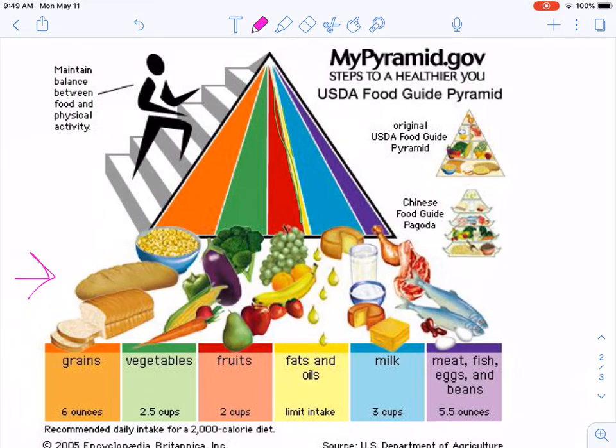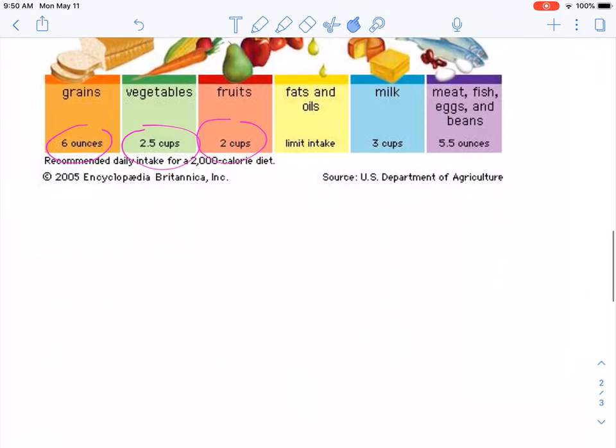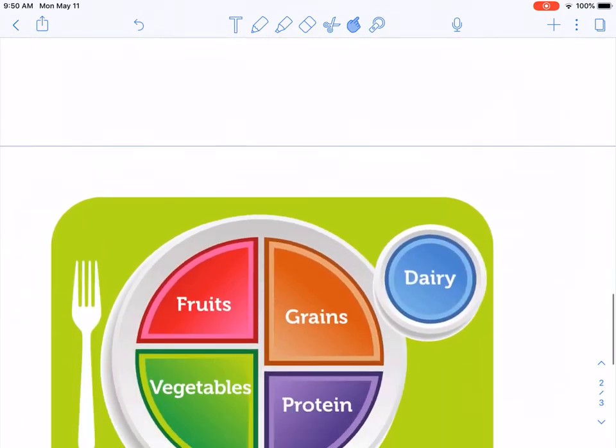This also got very confusing because it doesn't really show you portion sizes. Yes, it tells you ounces and cups of what you should be eating, but on a regular basis, people don't measure out their food and take the time to do that. So the USDA felt that this was also slightly confusing. So then in came, with the help of Michelle Obama,